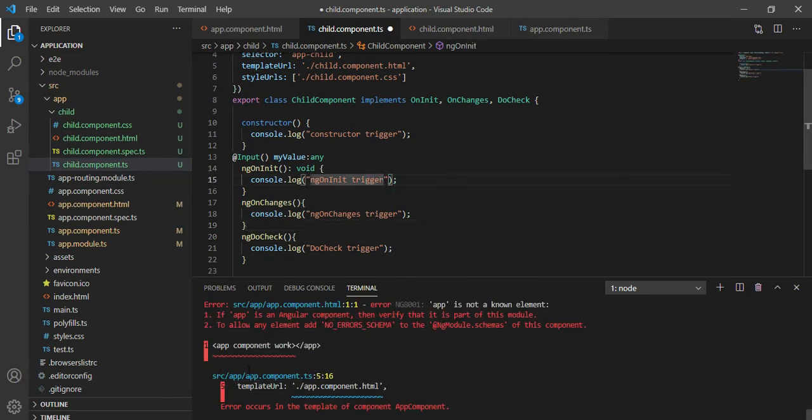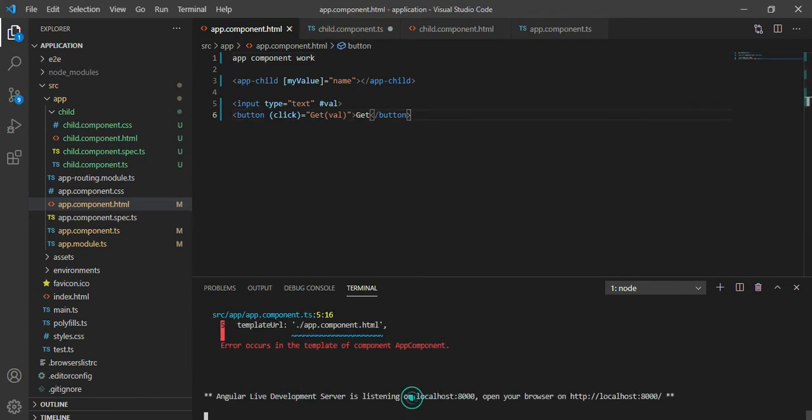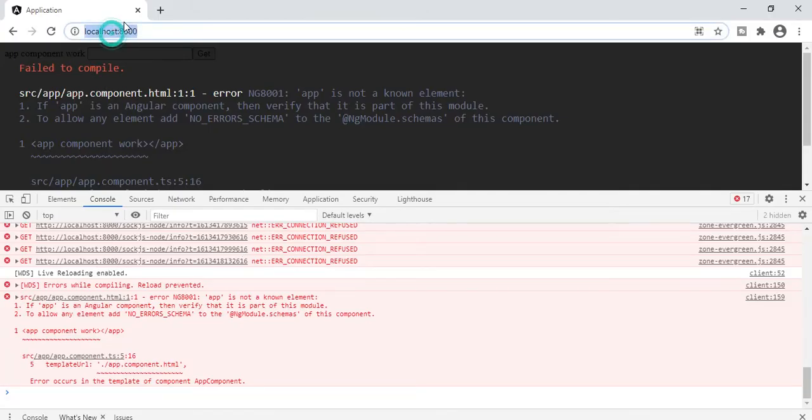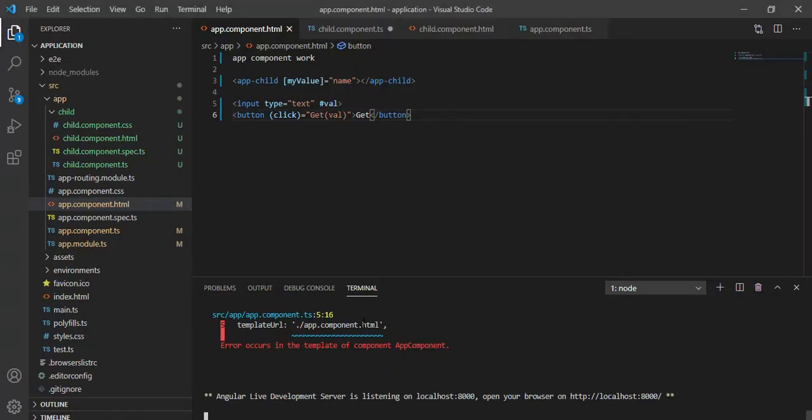Okay, let's go to the app component. So let's remove it, it's not required. Some error, now save it. So it says go to the localhost and port is 8000. So we'll quickly refresh. So still there is some error. What's the error?